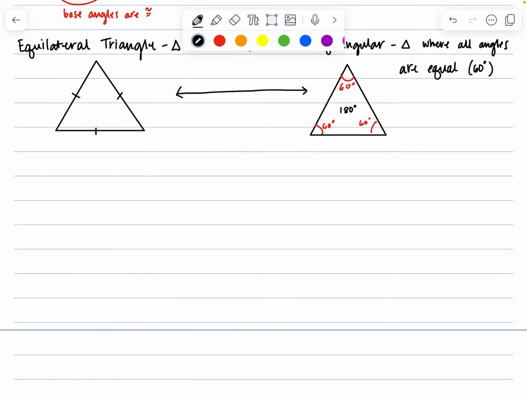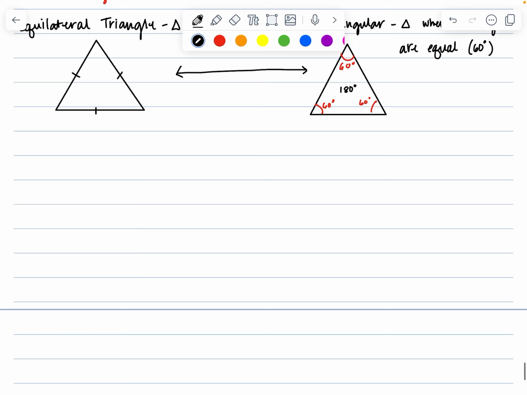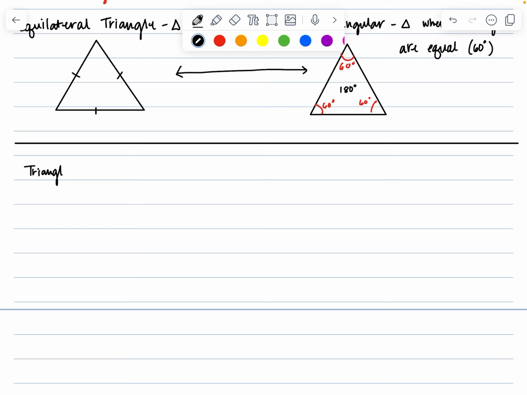Okay? Now, there's a second component to this, and like I said, we were going to talk about the triangle angle sum theorem. This is the first of two theorems we're going to talk about today. So I'm going to draw a dividing line because this is kind of like a split lesson. So the triangle angle sum theorem states that all angles in a triangle add up to